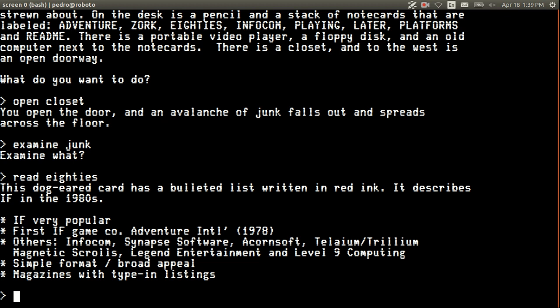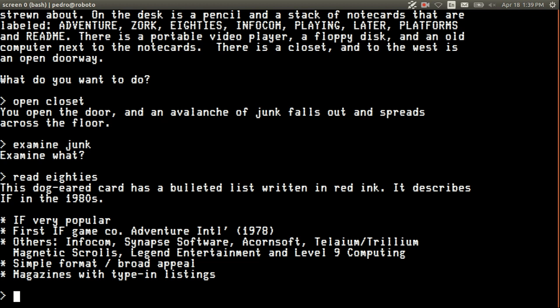They had a broad appeal because anybody could play them. You didn't necessarily need twitchy reflexes. You just had to like to read and imagine things. In the 80s, and I kind of grew up with this, you could also get computer magazines that would have type-in listings. There'd be like 6 pages in the back that would be BASIC, and you would type in all this BASIC. Because of the way it was written, you kind of knew the setting, but you didn't really know what you could do, and then you'd run the program and it would be a little interactive fiction text adventure. So interactive fiction was really popular in the 80s.